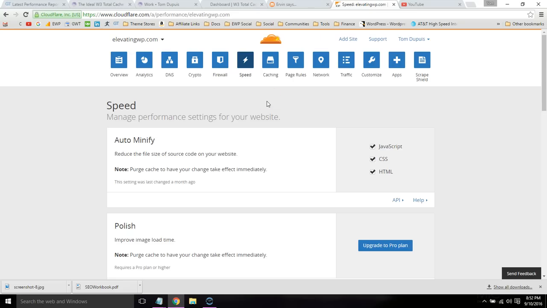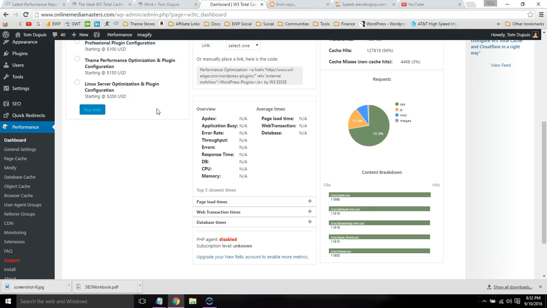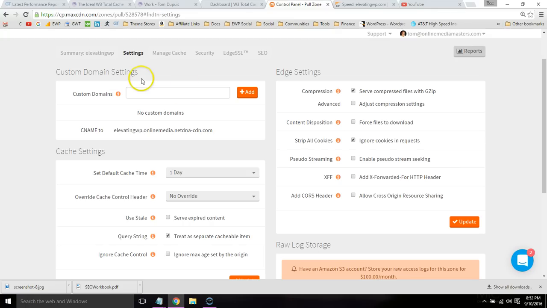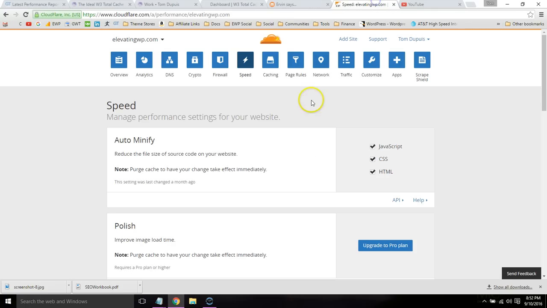So this video tutorial is broken down into those three sections. First, we're going to configure the different performance tabs on the left. Then we're going to set up MaxCDN's Content Delivery Network. Then Cloudflare. I would recommend backing up your website before you do this, and I do want to note that